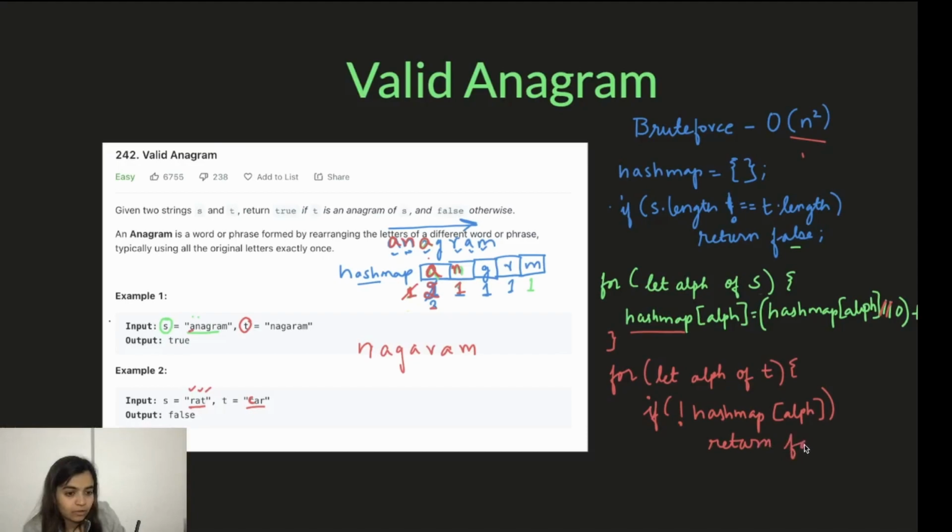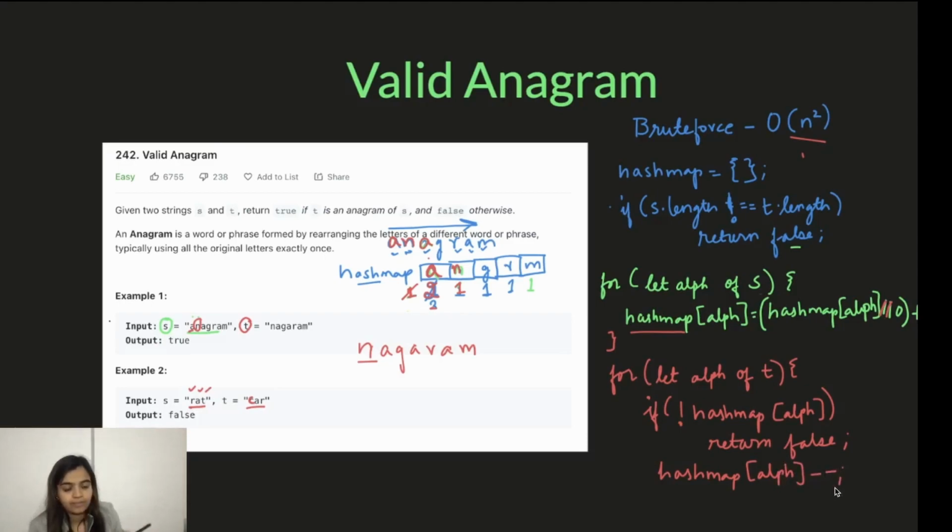So we return false. But let's say in this example, n is there in this word, right? So hash map of alf is already existing. So it will not return false, it will come out of this if condition. And we have to just do hash map of alf